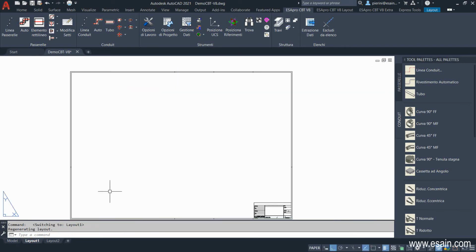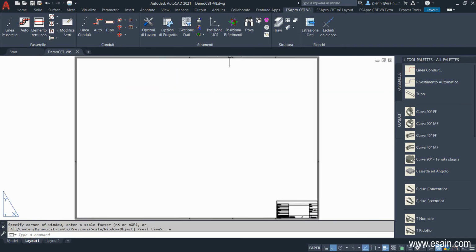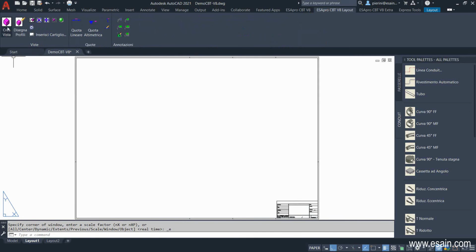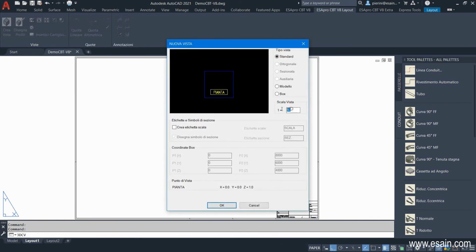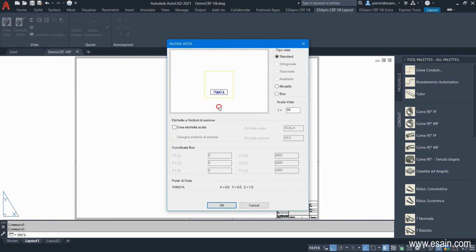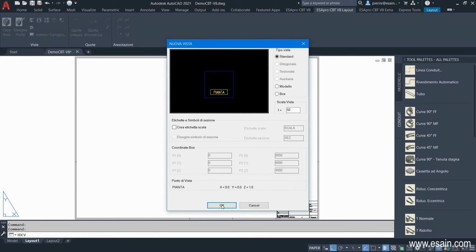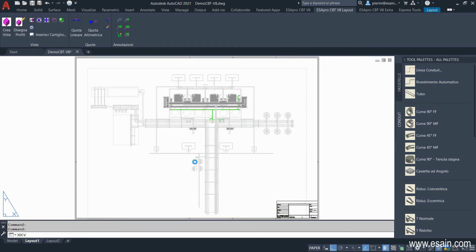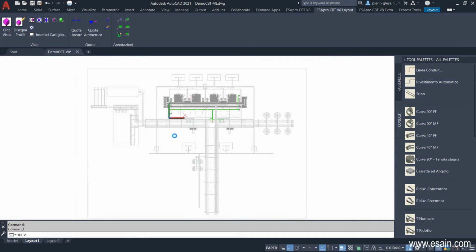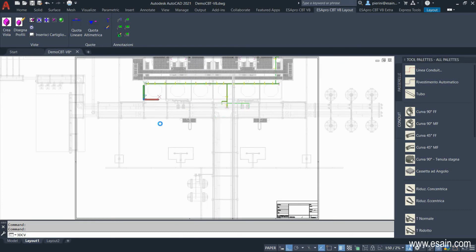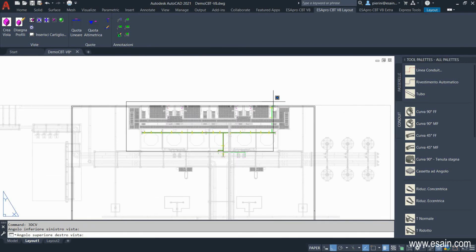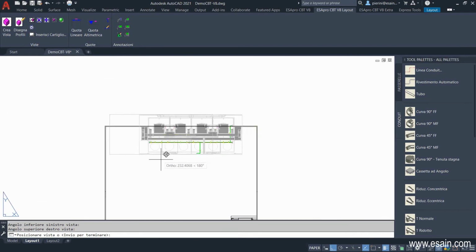Once the BOM is created, we are ready to create the 2D views. Go to the AutoCAD layout environment and launch the Create Views command. With this command, we create a set of predefined views, in this case a plan view scale 1 to 50. The entire model is displayed, and now we're going to clip the area to be shown. Let's place the view inside my title block.